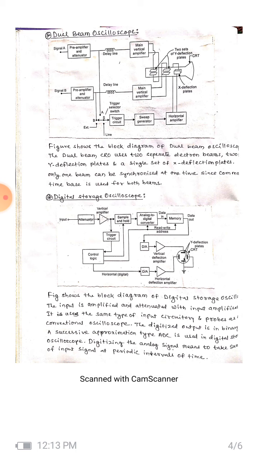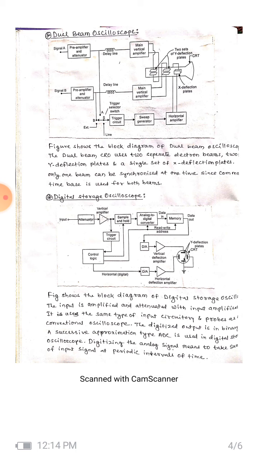The sample and hold circuit generates a series of analog samples, and the ADC converts each pulse into a coded group of pulses, or we can say digital form. These pulses are passed through semiconductor memory for storage, which can be stored for a temporary period of time and used later. These digital pulses are converted into analog form by the DAC, the digital to analog converter, applied to the vertical amplifier, and then fed to the CRT for display.